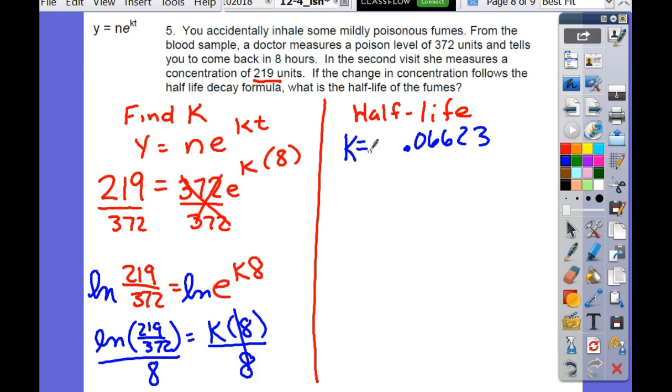No. It has to have a negative sign. The negative sign is what makes it decay instead of grow. So it says figure out the half-life. Y equals e to the kt. We start out with 372 e,